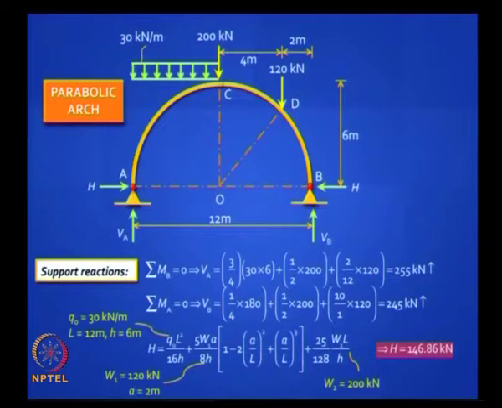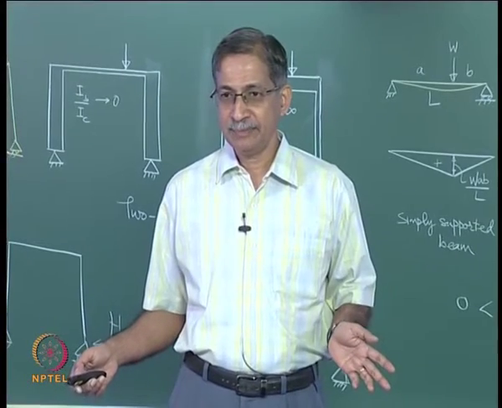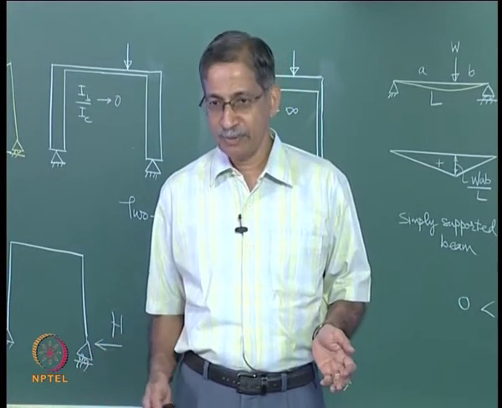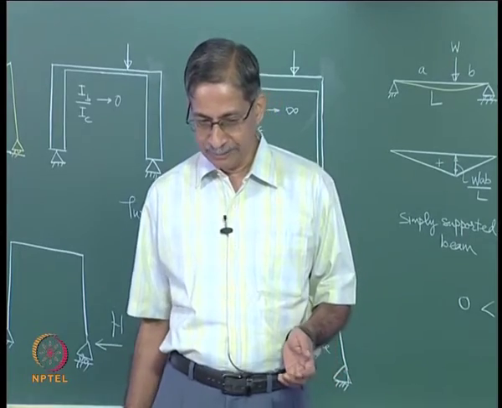This is easy to do, it is solved in the book. You get some answer, okay. You should not take too much time over this, and the assignment problem is actually a very simpler problem. Clear? Now what do you do? You found the support reactions. What do you do? You draw the free body and you have to go through this.